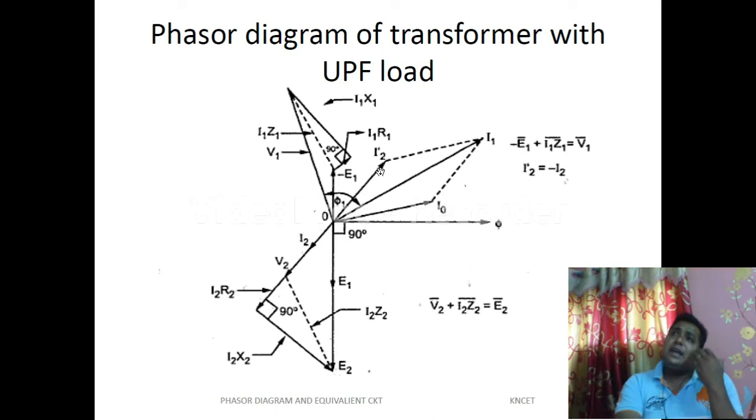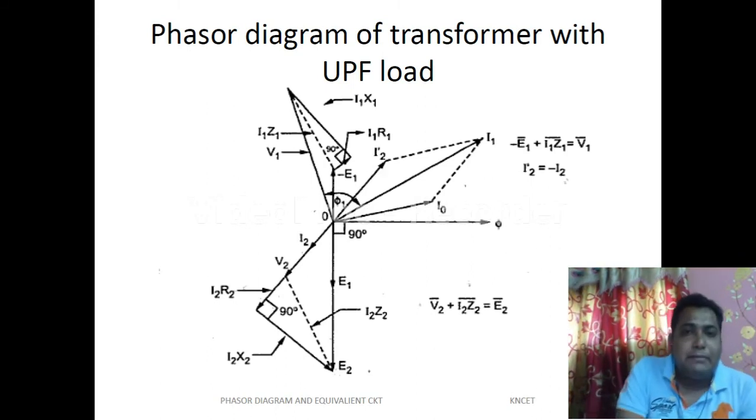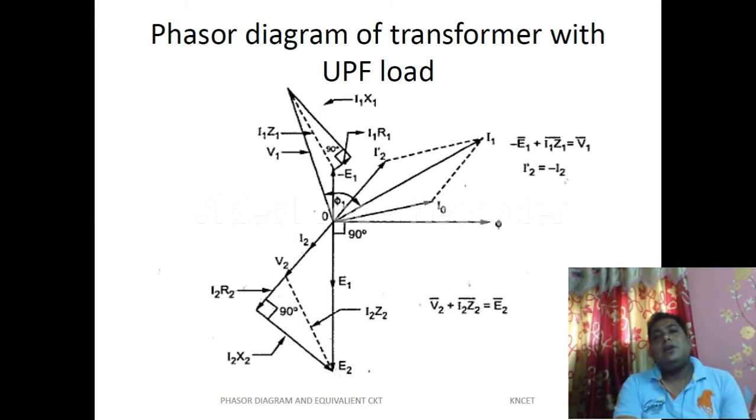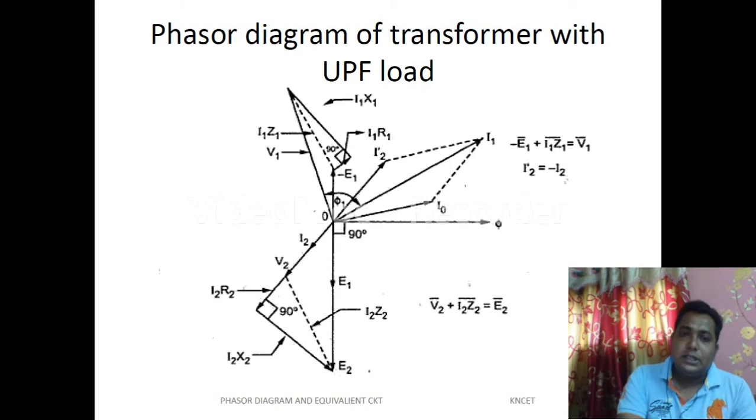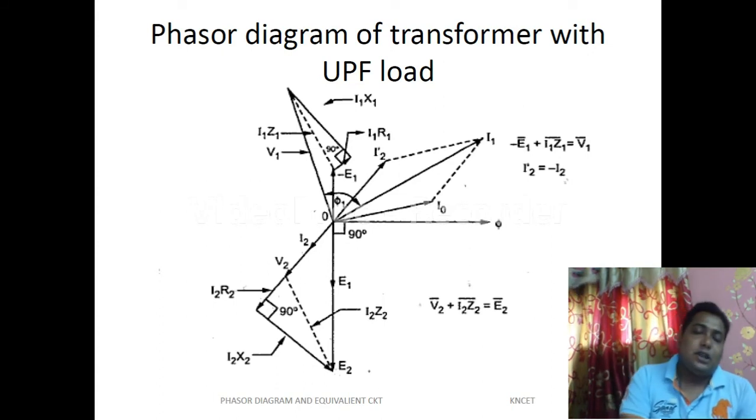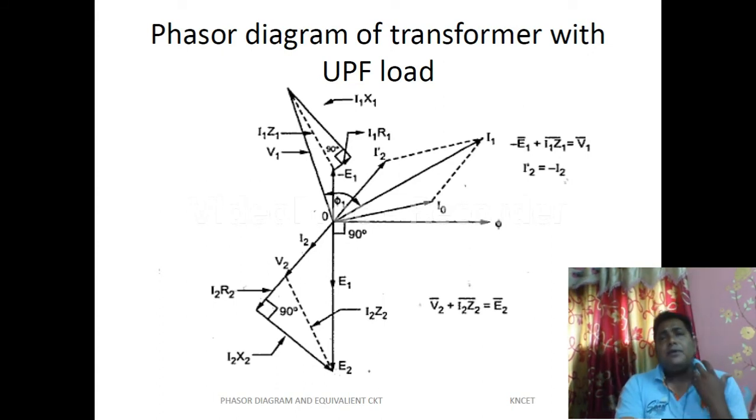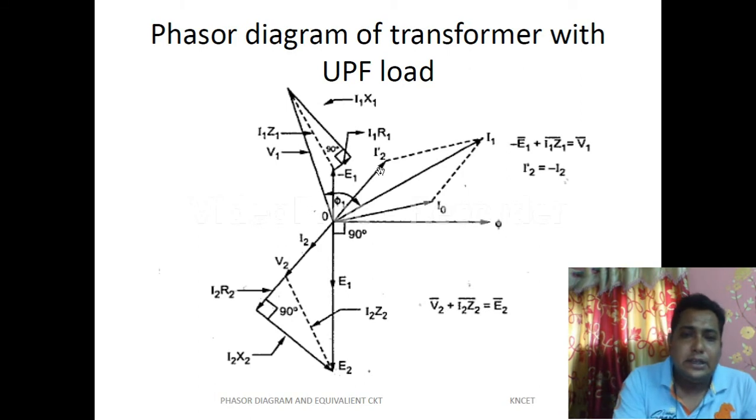Now when this I2 bar current is flowing through the coil of the primary side, the primary coil also has some resistive property, some inductive property. So we have to consider what voltage drops are appearing due to this particular amount of current passing through the primary coil. So now we are thinking that I2 bar current is now this one.